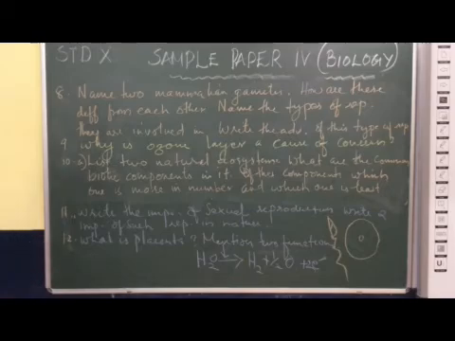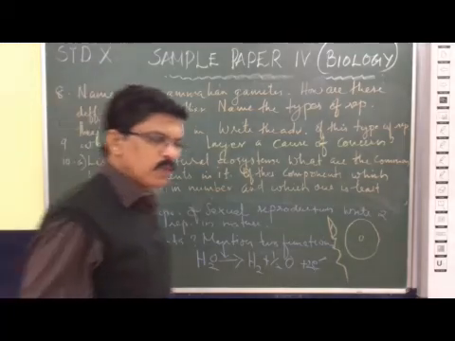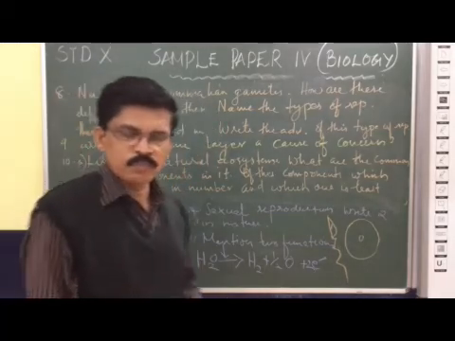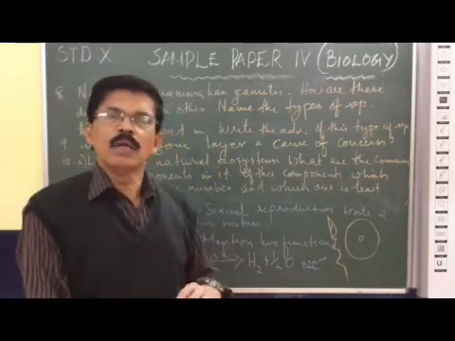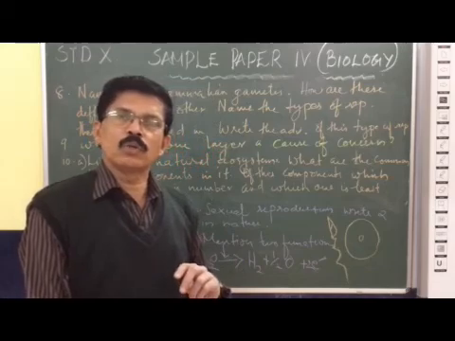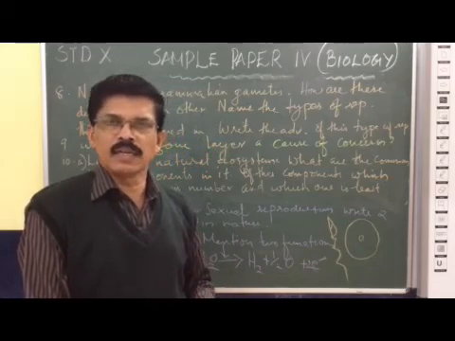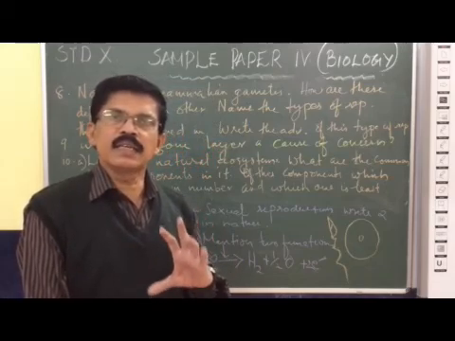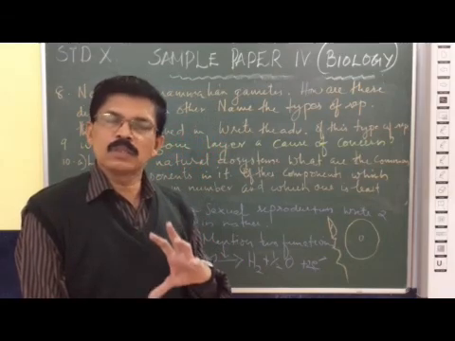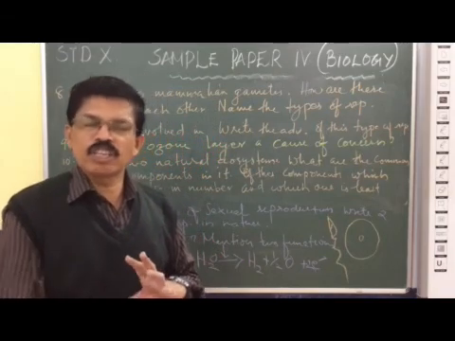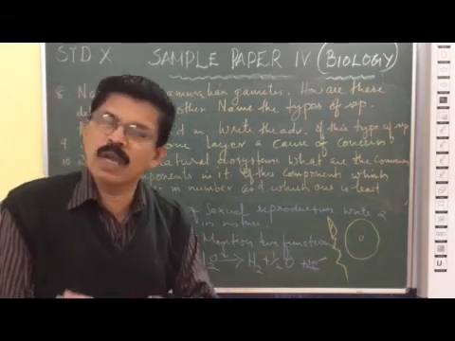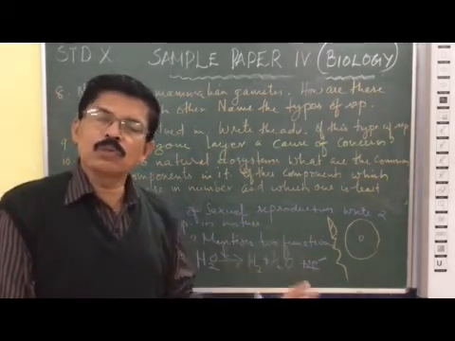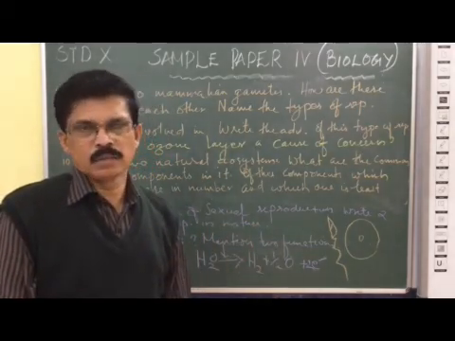Now, what is placenta? Mention two functions of it. I already told you placenta is the functional junction which is formed by the chorionic villi on the fetal side and uterine tissues from the mother's side, and this acts as a disc-like structure, a special tissue through which various substances move into the fetus and from the fetus into the mother's blood.